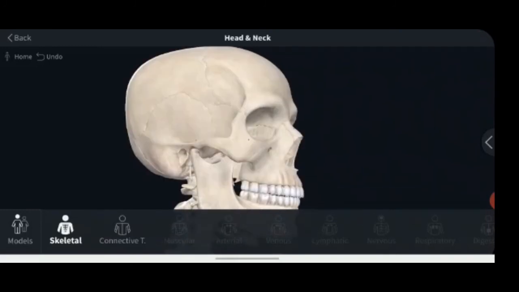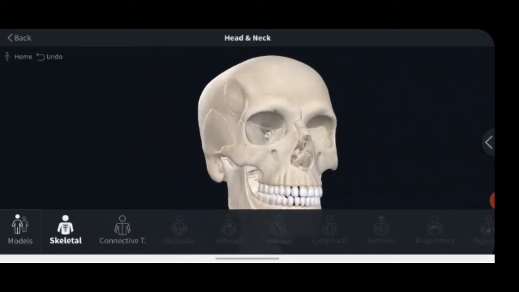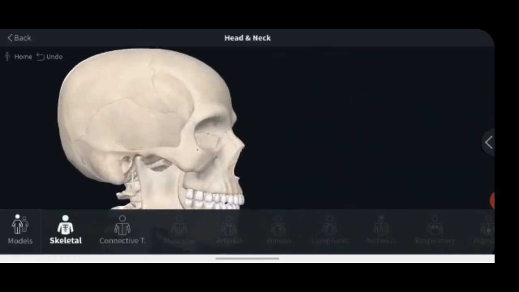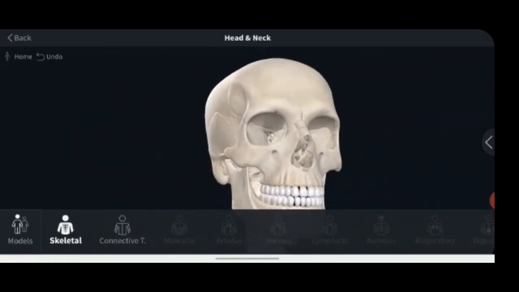Such an orbitomeatal plane was accepted as an international standard at an anthropological congress in Frankfurt in 1884. So this is called Frankfurt's plane. If you draw a line joining the lower orbital margin to the upper margin of the external acoustic meatus, it is called Frankfurt's plane. So we have learnt in this class the types of cranial bone, the anatomical position of the skull, and third, how to study the skull.